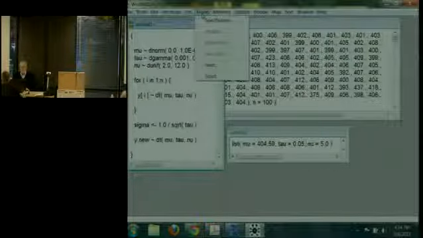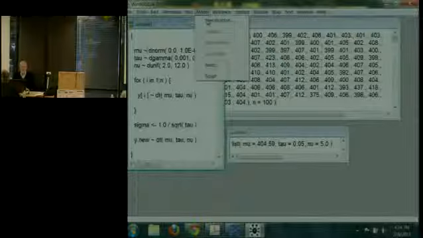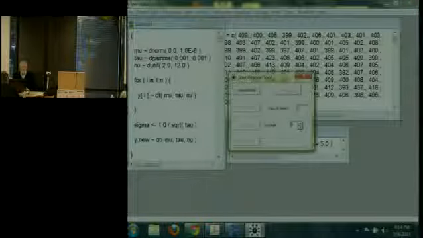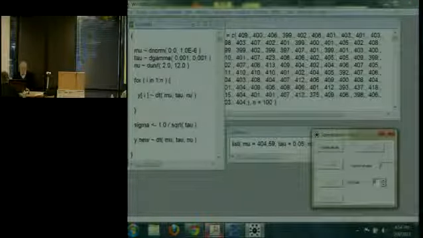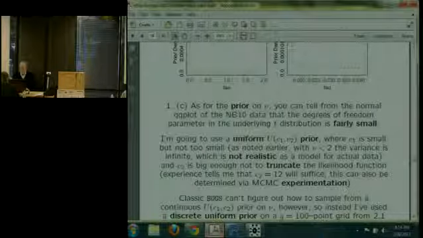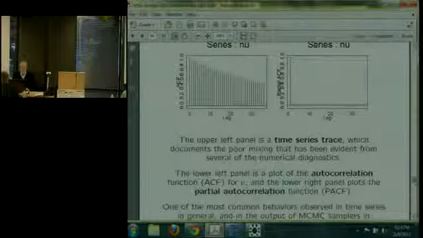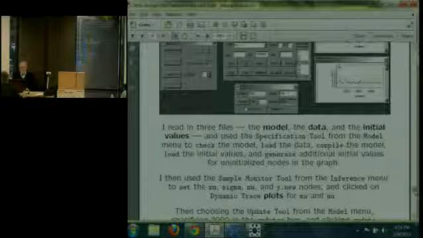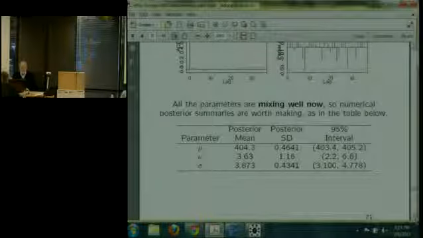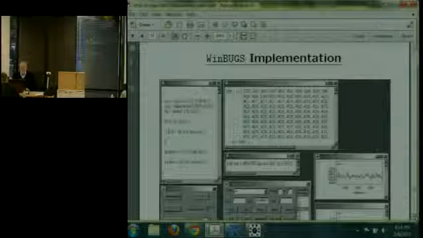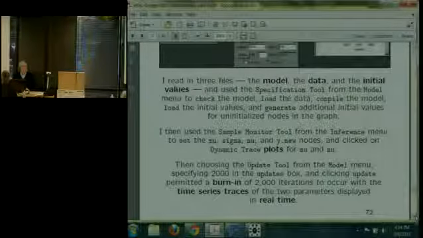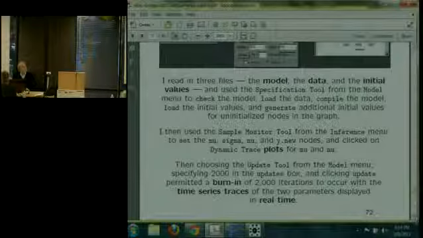We're going to fit our first model. I pull down and use the model specification tool. And I should tell you that all of this stuff is in this file. So if you go well forward here into the bottom part, I have screenshots of what everything looks like at various steps. And below that, I have text underneath that tells you what to do to get all this stuff done. So if you want to practice with this yourself, start on page 72 of this handout, and all the